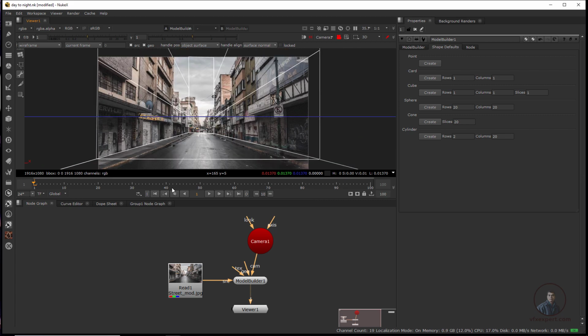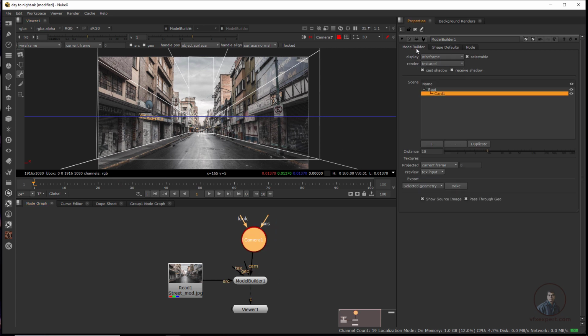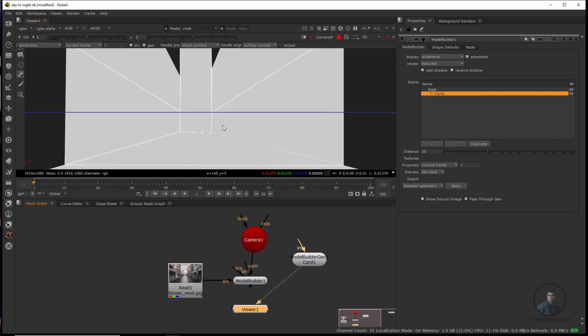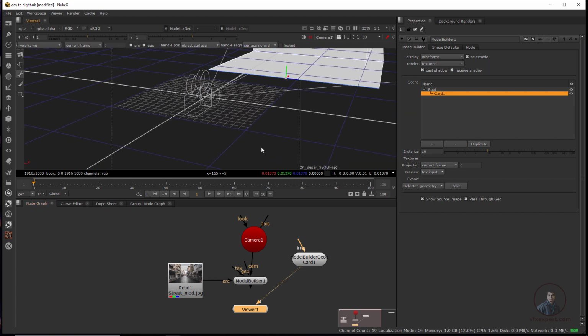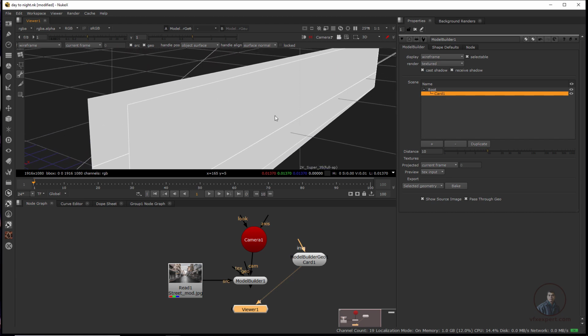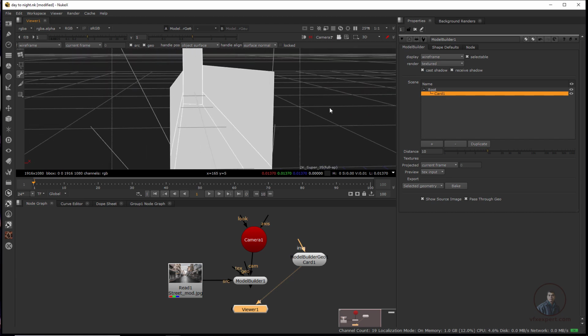Okay, so here I have completed our basic 3D setup. Now after this, simply come into the model builder here. From here we have to bake our geometry, okay. Then simply click here, bake. Now you can see I have baked our geometry here. So select this one and press 1. So easily you can see from here. Even if you want, you can see it in 3D easily from here, okay. So I have created this one here, okay.